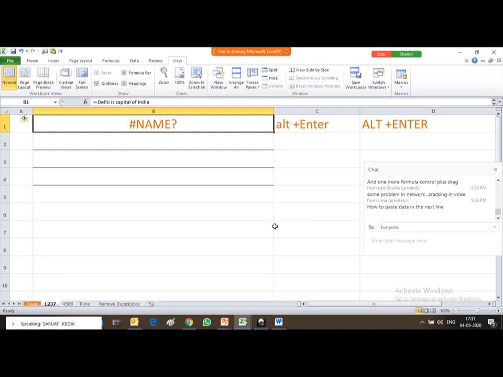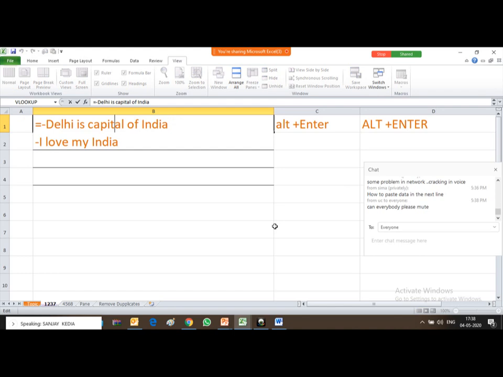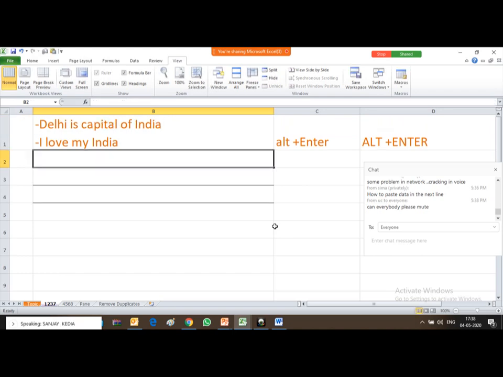Because I have used one special character or sign like plus, minus or divide, that kind of sign. So in that case you have to start with a single inverted comma. So first you have to put single inverted comma, and then you can start. This way, you see now both the sentences are appearing perfectly.